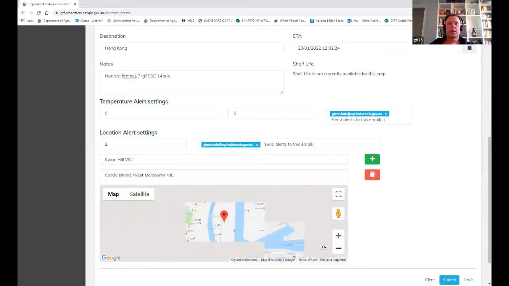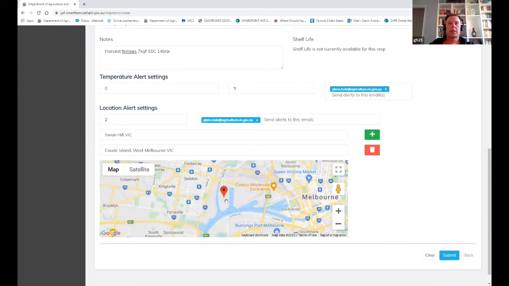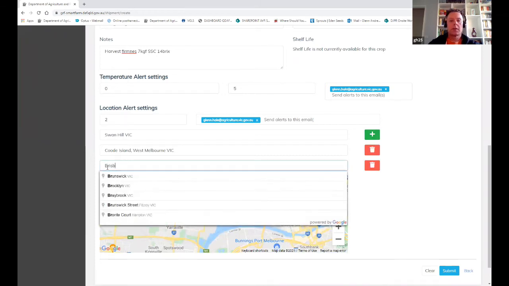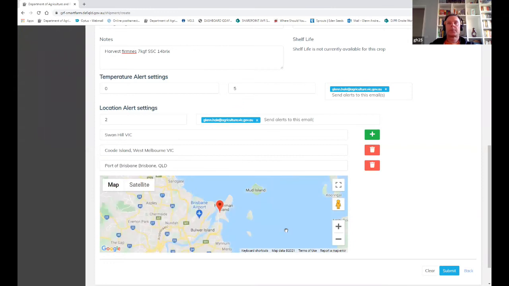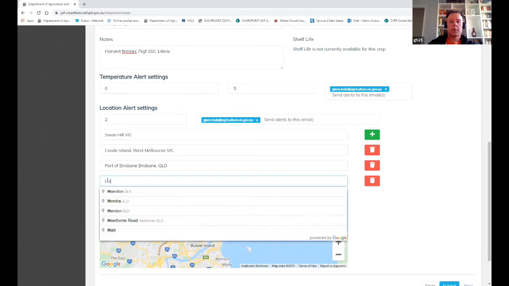If I scroll down, you can see that the ports are around here, so that will be covered by another location. If we know which way it's going around Australia, we can put in other locations as well. Let's say Port of Brisbane.